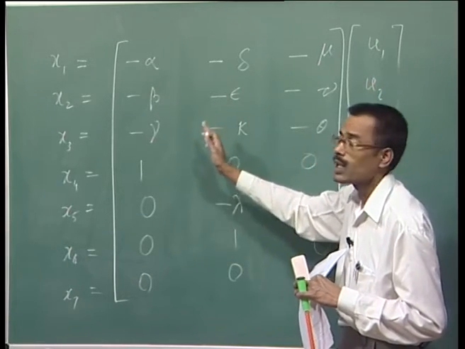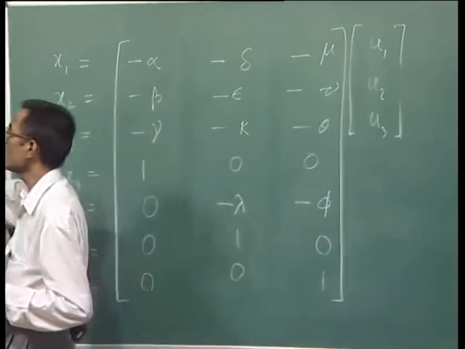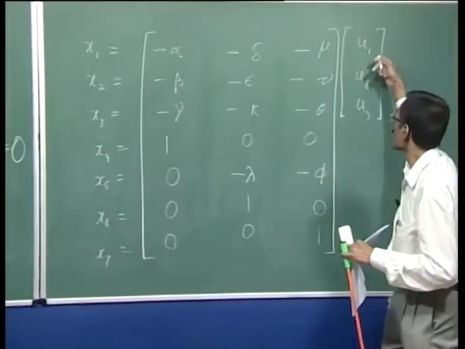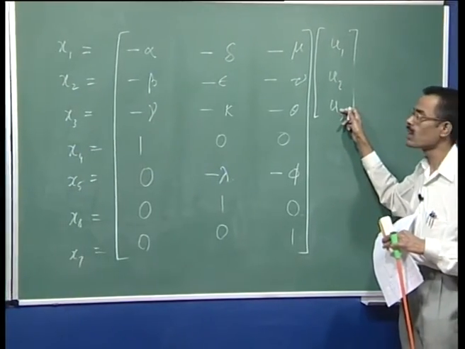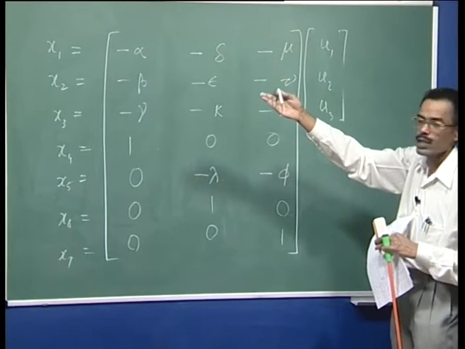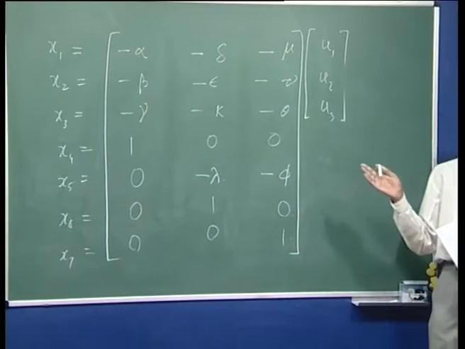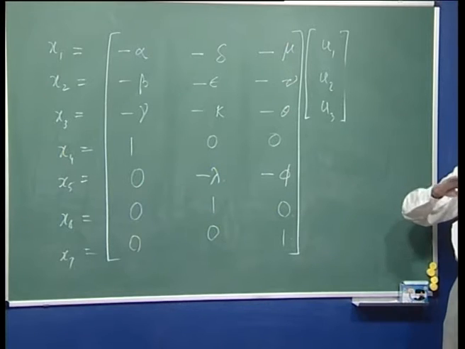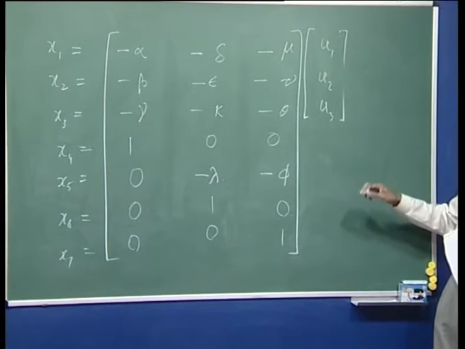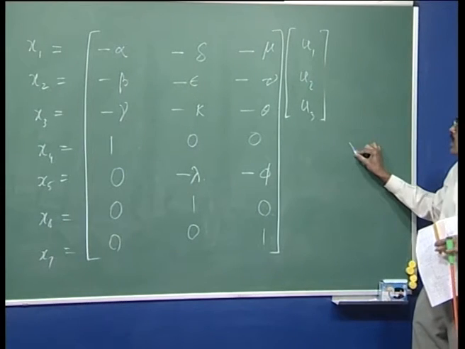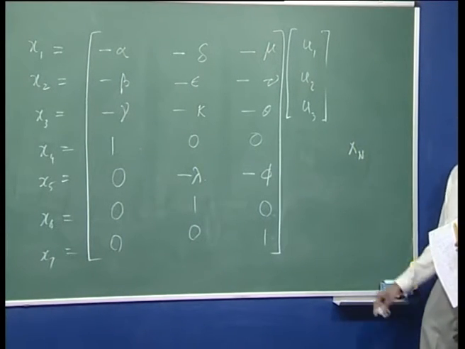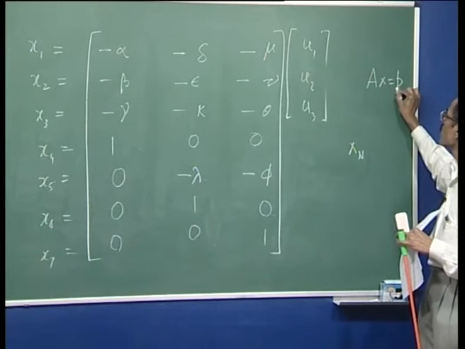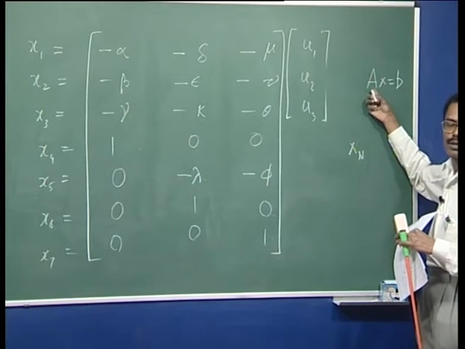Any of these is a solution of these, and an arbitrary linear combination of the 3, by giving arbitrary values here, will also be solutions of the equation Ax equal to 0, and this describes the null space of the matrix. So, these 3 columns are actually 3 linearly independent null space members. Any of them or any linear combination of them can sit in the place of xn in the general solution for system Ax equal to b, for which the same A is used. Okay.